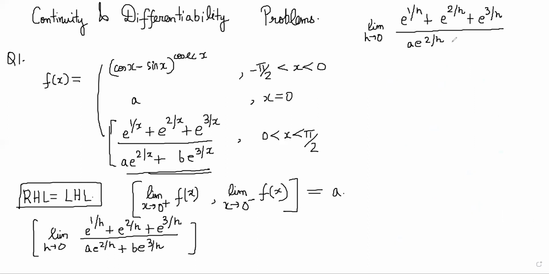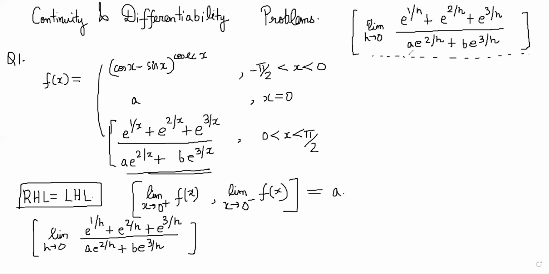It is an infinity by infinity form, but I wouldn't recommend L'Hopital's rule. It will be annoying to do. We can use L'Hopital's rule in finding LHL? It's not 0 by 0 or infinity by infinity. Okay, it's a 1 to the power infinity form. Sorry, I forgot. But right now I'm doing the RHL part. RHL is easier.